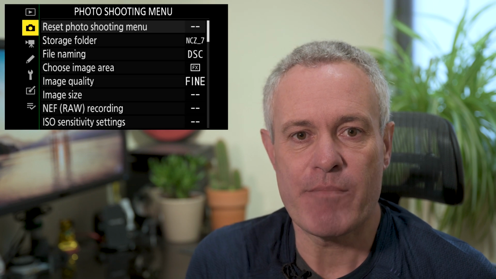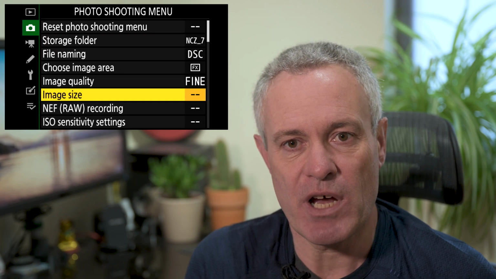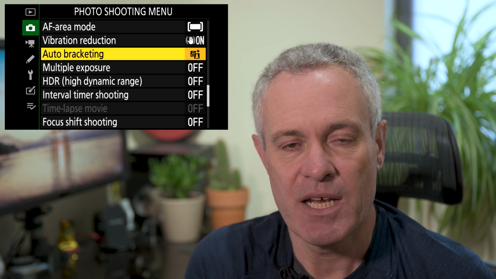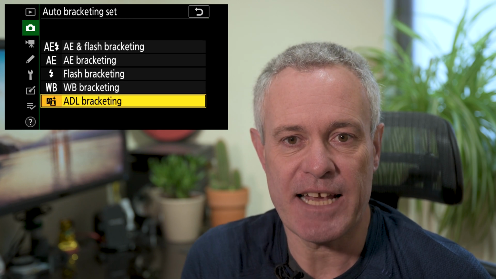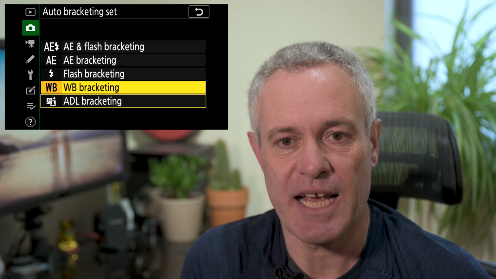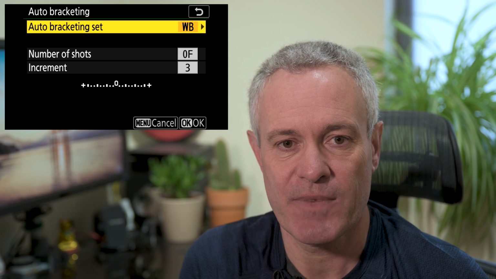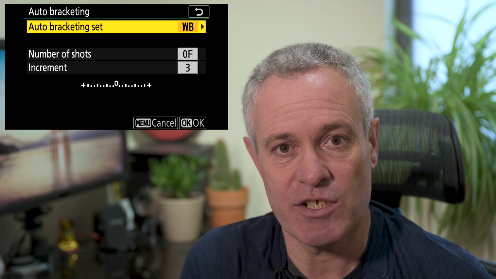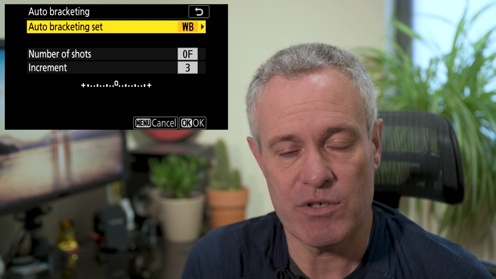So let's start by taking a look at the settings. If you go into the menus on the Nikon cameras and you go into the photo shooting menu and you scroll either up or down to page 4, you'll find there number 3 is auto bracketing. The top option when you go into auto bracketing is auto bracketing set, and in here you'll see a number of options, and down near the bottom is white balance bracketing, or WB bracketing. Remember, this is only going to work if you have your camera image settings to JPEG only. If you have RAW and JPEG, or RAW, it's going to be grayed out,